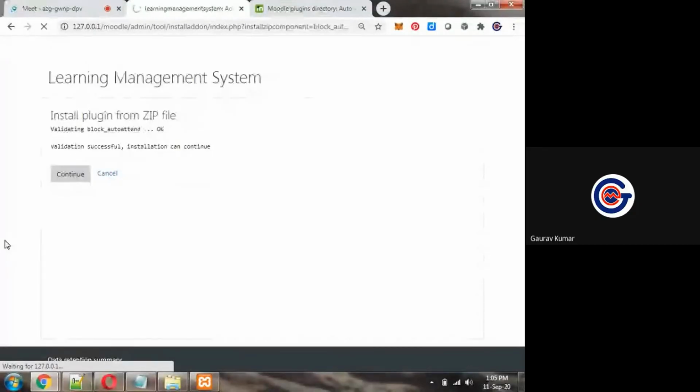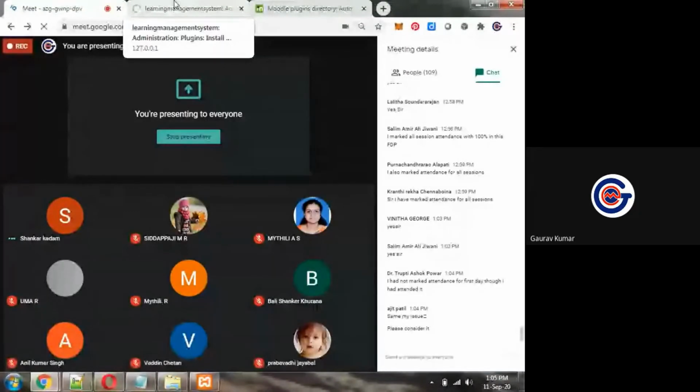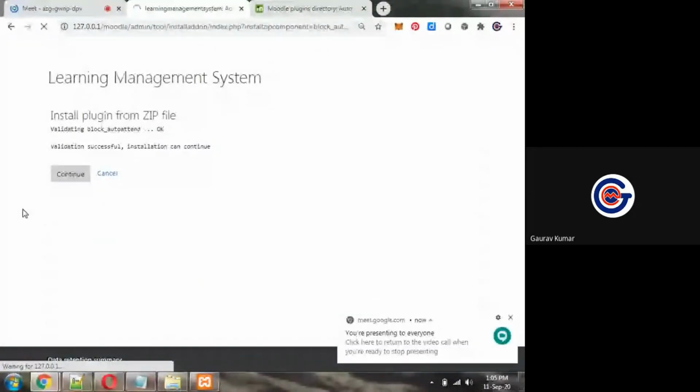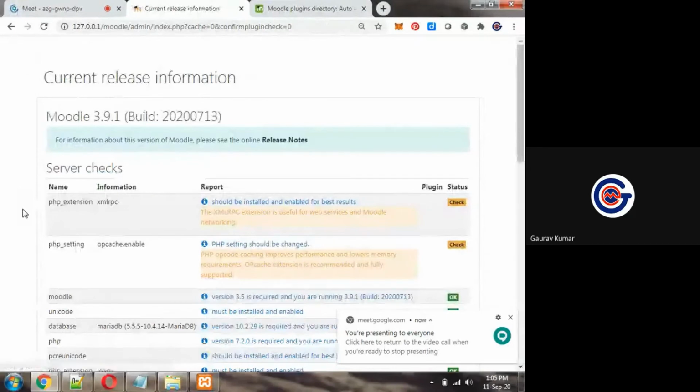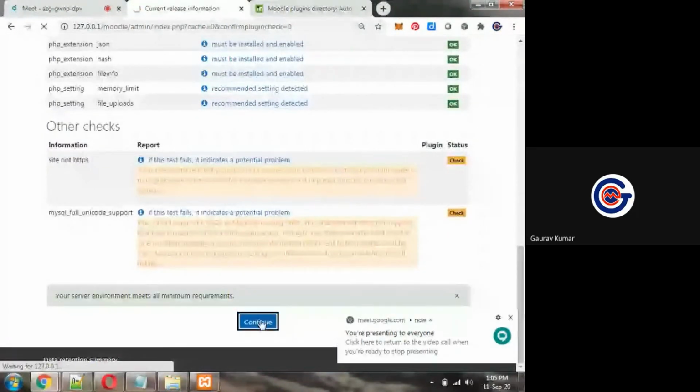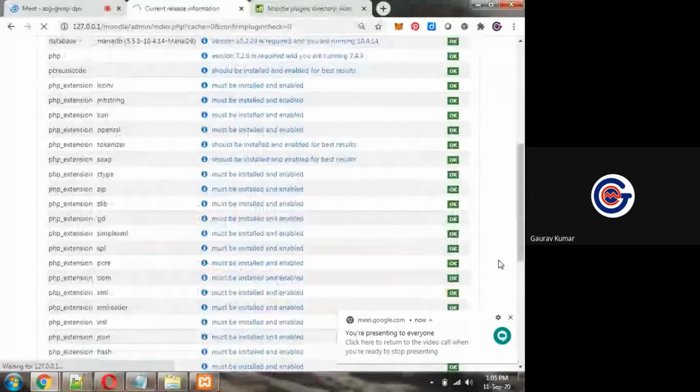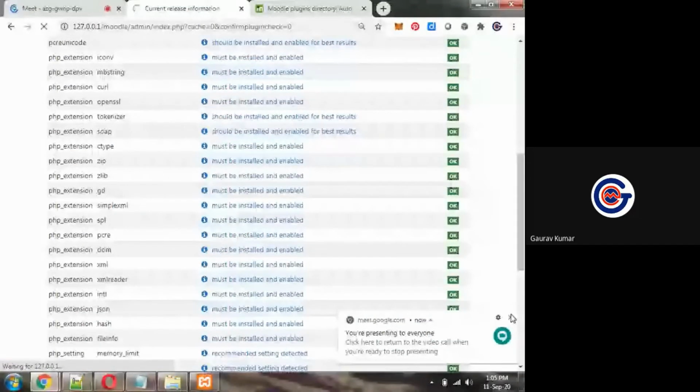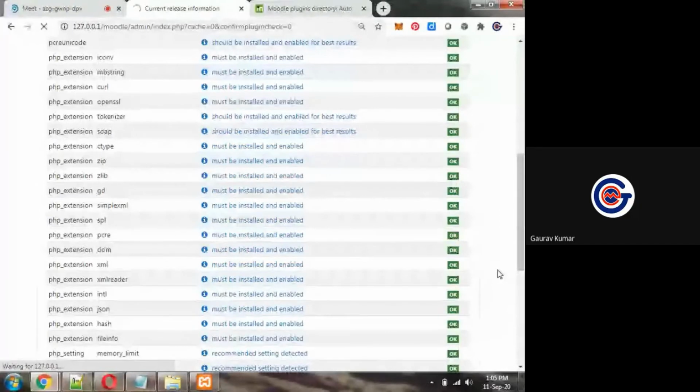So whatever zip file I have downloaded, without any modification to that zip, we will upload it as it is. Simply upload that zip file as it is on the Moodle server in site administration, and you can see continue. It is checking different options. It is checking different settings, whether our Moodle deployment is able to take this plugin or not. And you will see